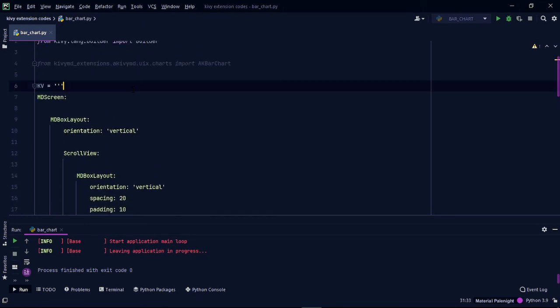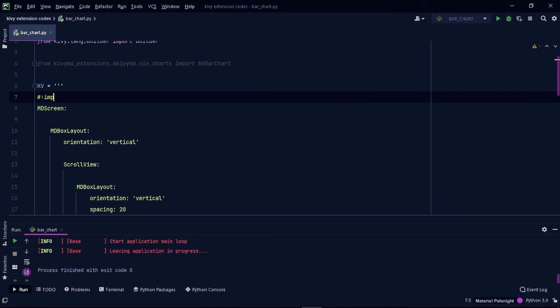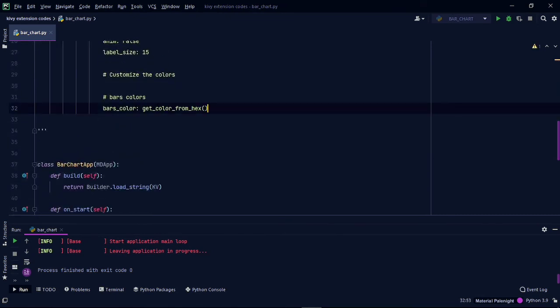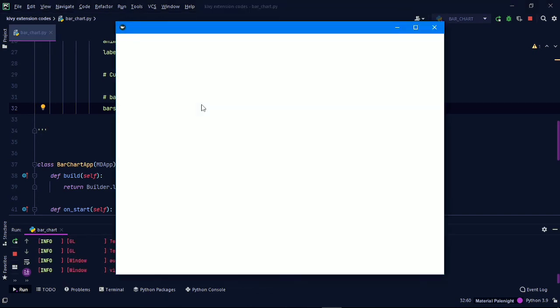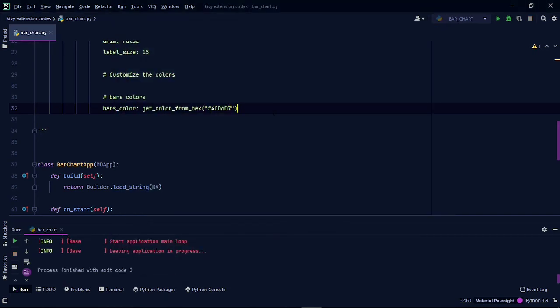To use the color from hex code, we need to import the function get_color_from_hex from the kivy.utils library. We have successfully changed the bar's color.